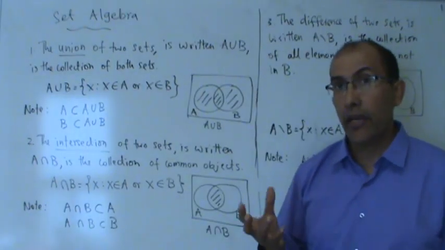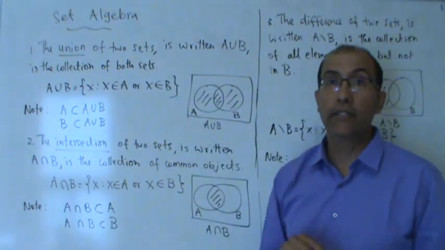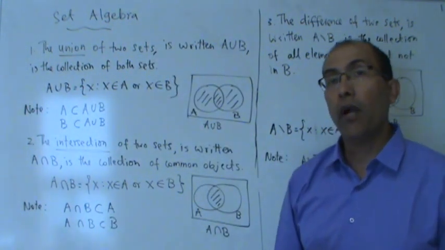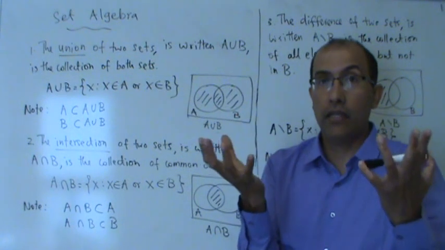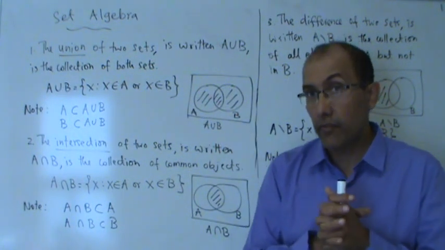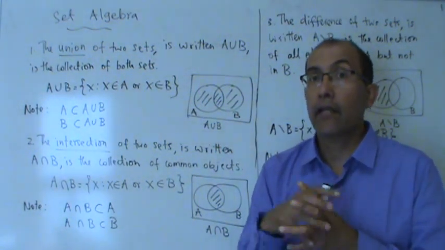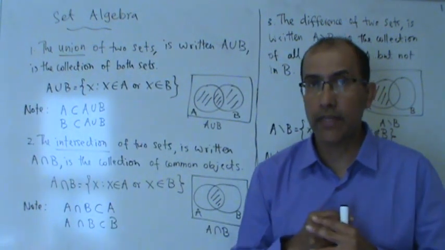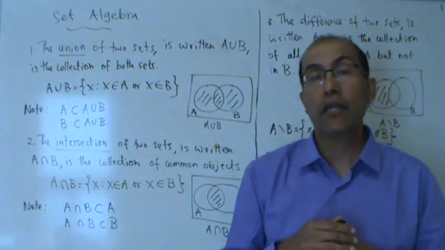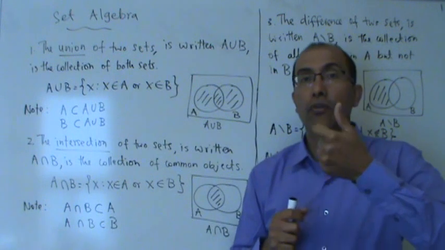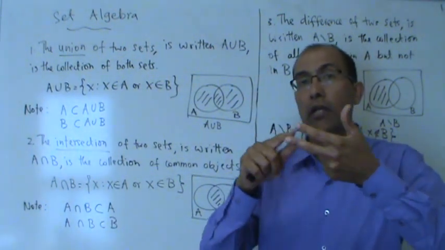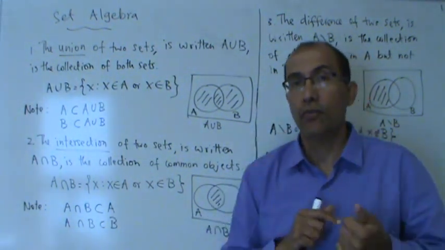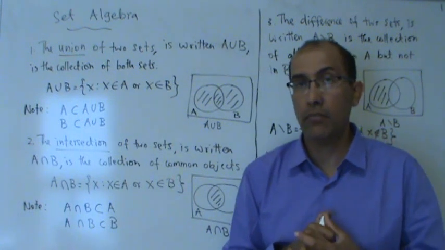What we are going to do next is to look at what's called set algebra. Now we know what a set is. Set is a collection of objects. So what do we do with these sets? There are 3 operations we can do with sets. Like for numbers, we discuss numbers, and for numbers you can do operations. You can add, subtract, multiply, divide, square root, what have you. So you can do operations with numbers.